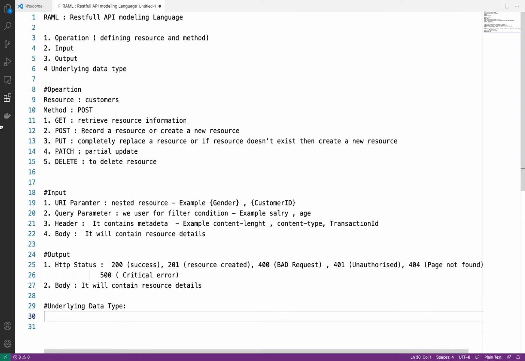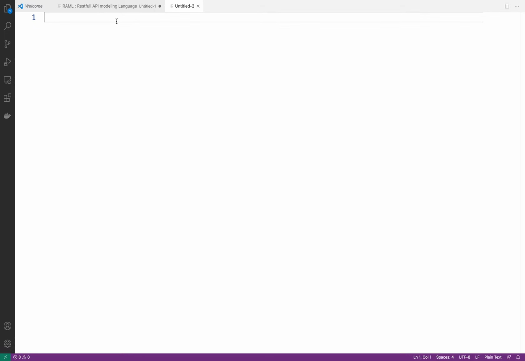Okay. So based on this, we will create one RAML file, and we will see what all things we can do on that RAML. Slowly we will understand what all other things we have inside RAML, like traits, library, resource. We'll see and we'll implement. Okay. So as a demo, to see how to create a very basic RAML, in the last session we created one calculator API. Again we will create a calculator API, but this time first we will create the RAML, and then using that RAML file we will create the calculator API. Okay.